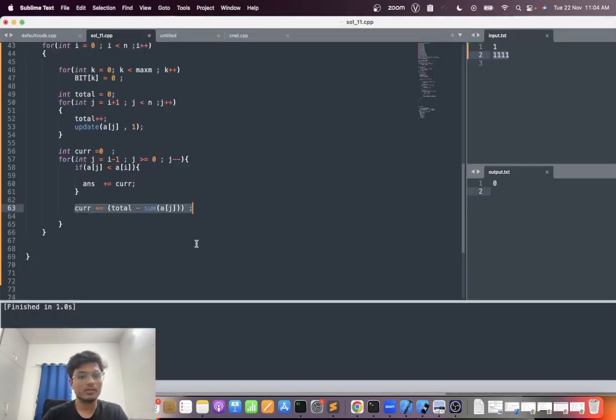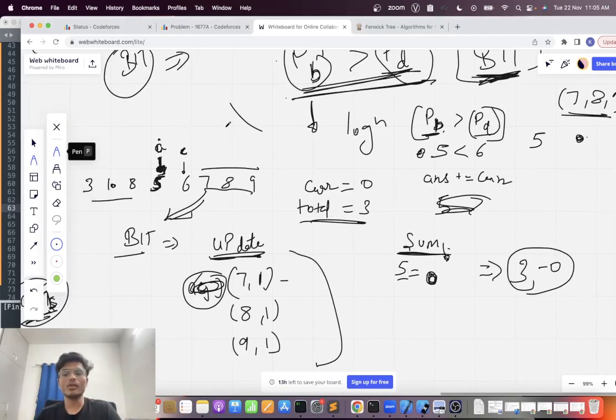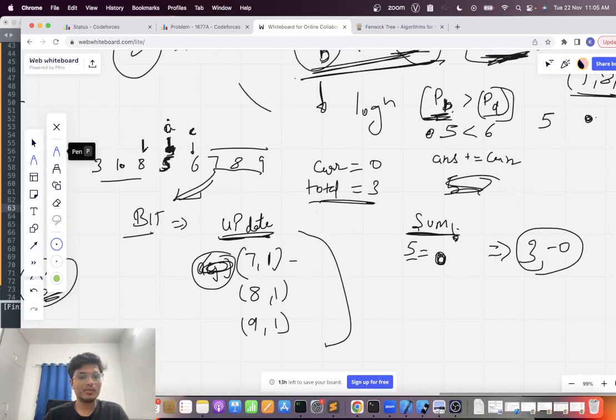So I don't need this. It is going to give me how many elements are smaller than A of J. So I'm doing this thing. So when I'm at this point,